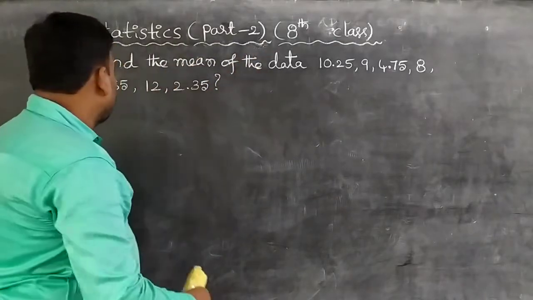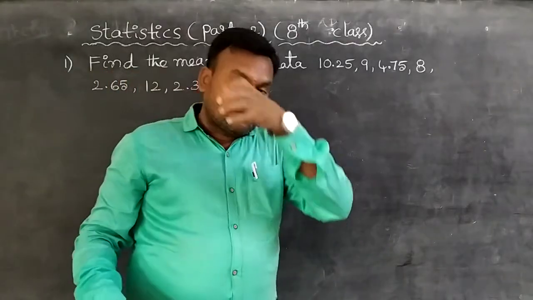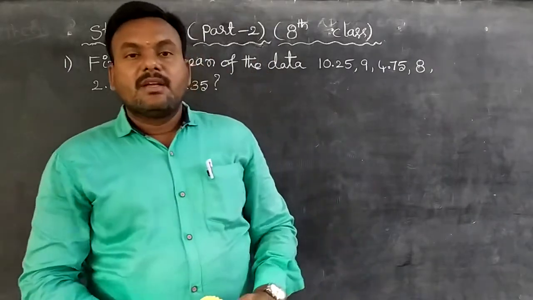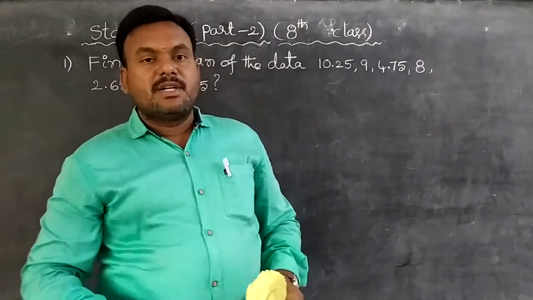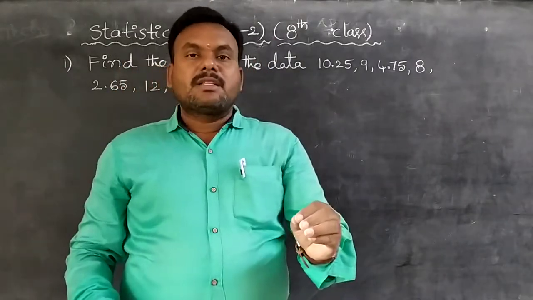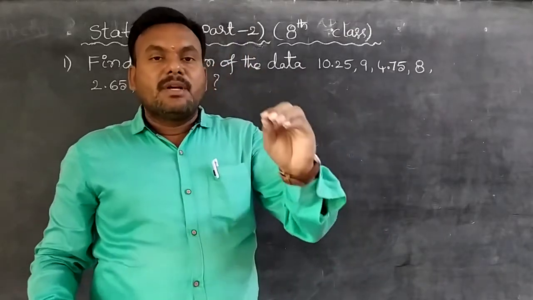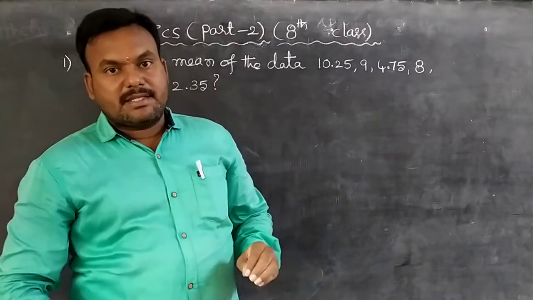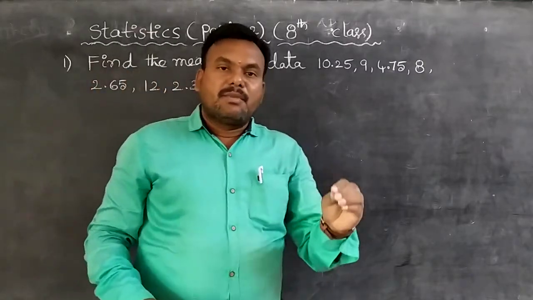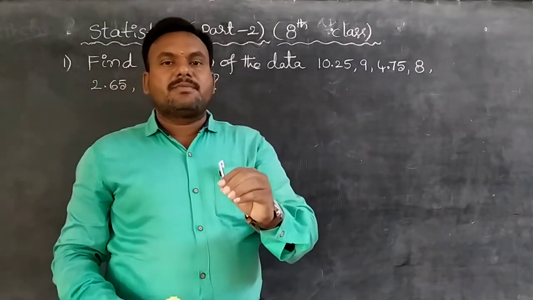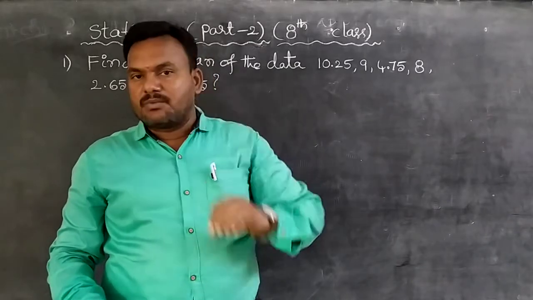Right. Yesterday we discussed one of the measures of central tendency. Let me repeat it within minutes, students. A measure of central tendency tells us where the middle of a bunch of data lies. There are generally 5 types of measures of central tendency, but we are discussing only 3 types here.